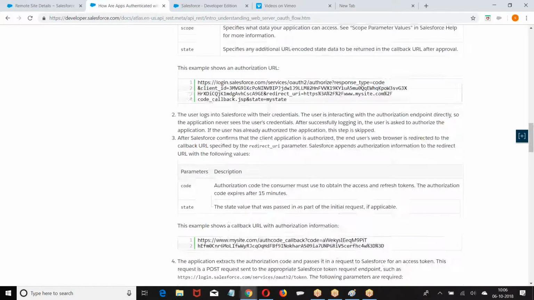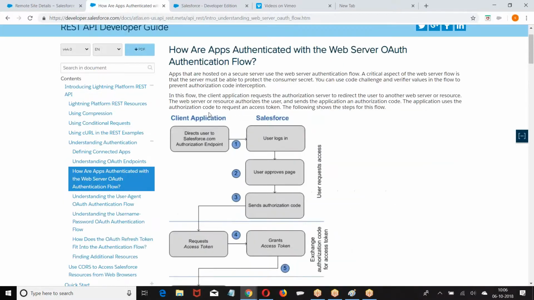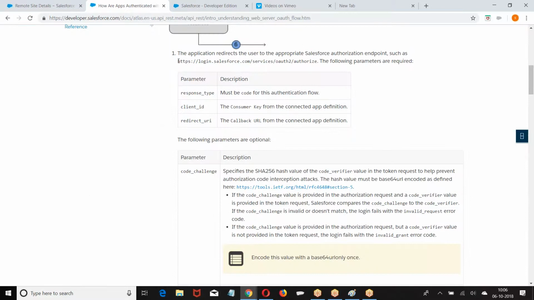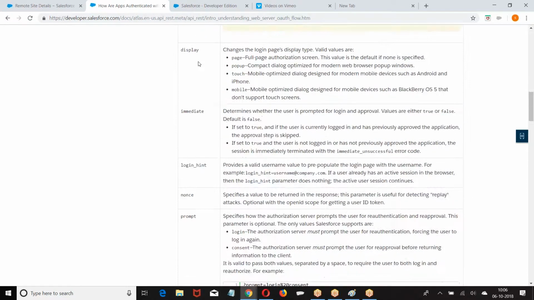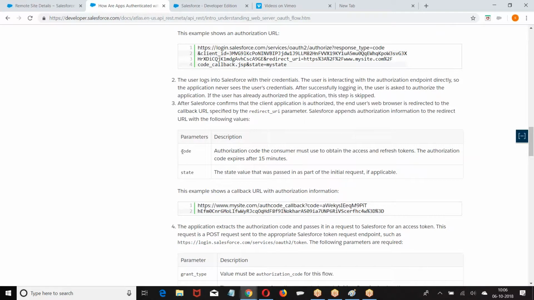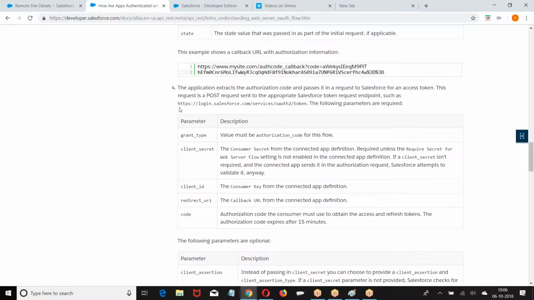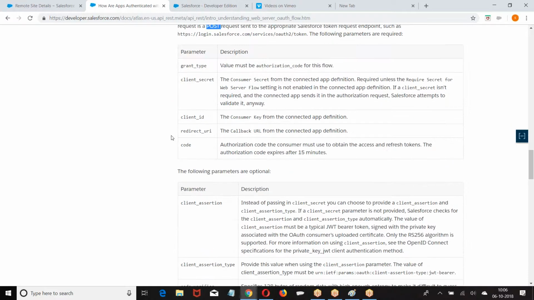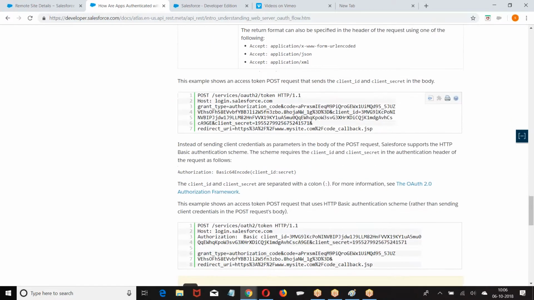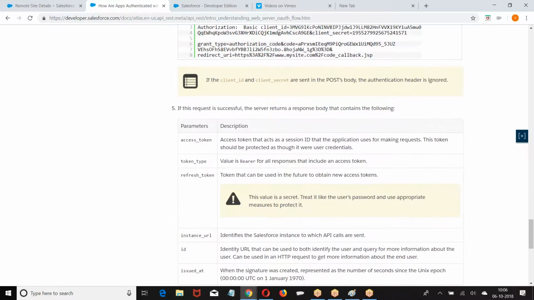In the documentation they told, boss, if you want to make an authentication, these are the endpoint URL, these are the parameters you have to pass. I am going to get the following response. In the response, a code will be there. Then again make a request to this URL with a post method with the following parameters. You will get access token, reference token. Then you can make a request to third party. So what was this? For integration, the documentation is the key point.